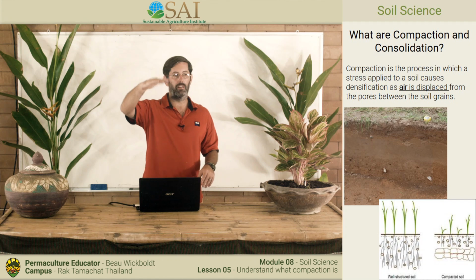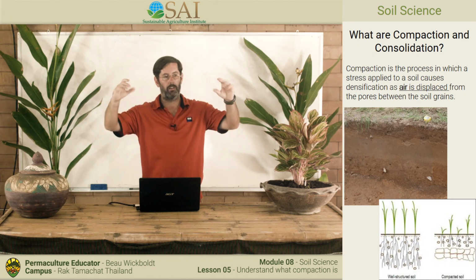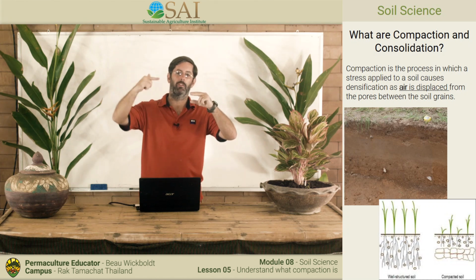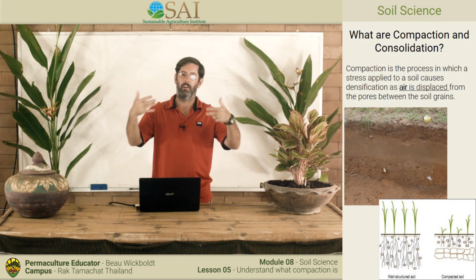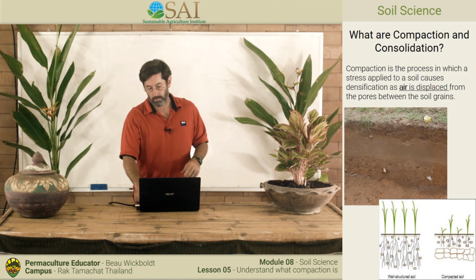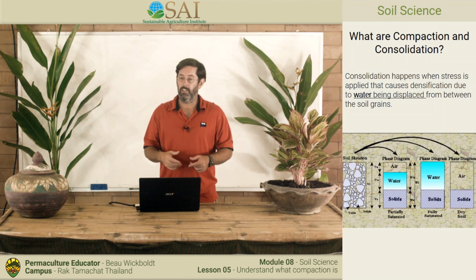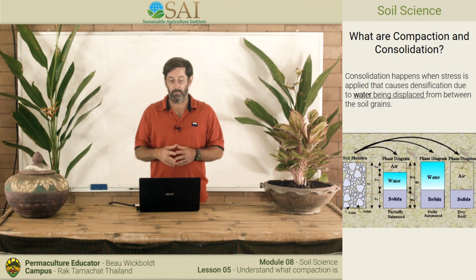So here we can see a layer in the soil profile. So the top is kind of aerated, and then there's this compacted or densified layer, and it's so tight that the water doesn't actually drain through, neither does the air, and then the microbial activity in that area is pretty much dead. So consolidation happens when stress is applied that causes densification due to the water being displaced from the